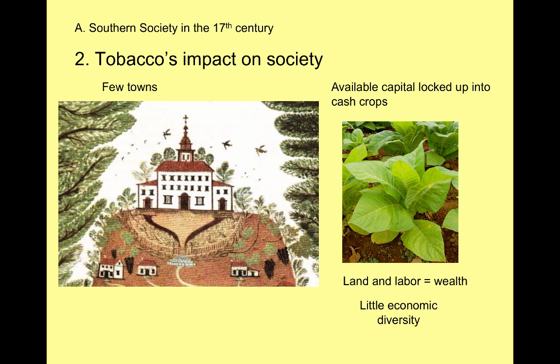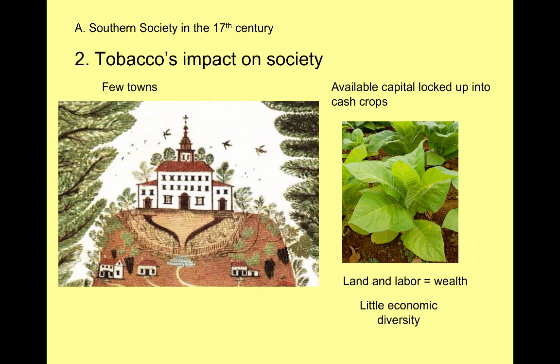Next, we're not going to see, as time goes on, very much industry develop in the South, either in the 17th, 18th, or 19th centuries. We're not going to see a lot of industry in the South because you have cash crops. And if you have money in your pocket and you live in the South, look at your options. You can either invest your money in some kind of manufacturing, which may or may not succeed, or you can invest it into cash crop farming like tobacco or later cotton, and that's much more of a guaranteed return on your investment.